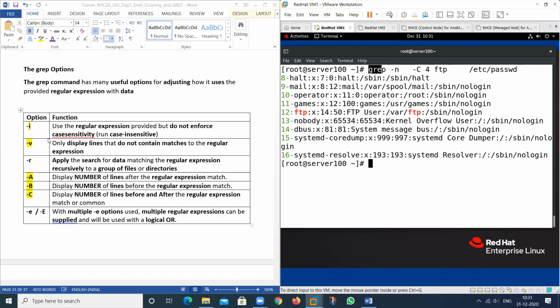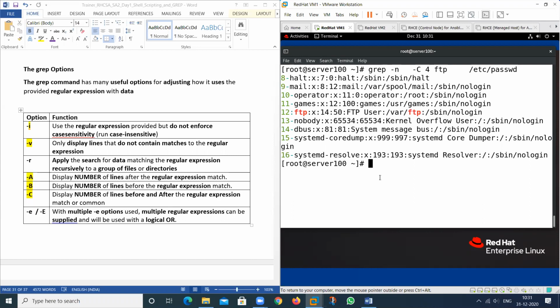So I can search according to case sensitivity, and if I want to print everything except the match that I want, then -A we can also use, -B I can also use, -C I can also use. And what is the meaning of -e and capital -E?